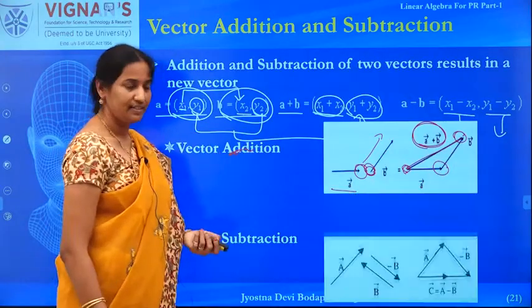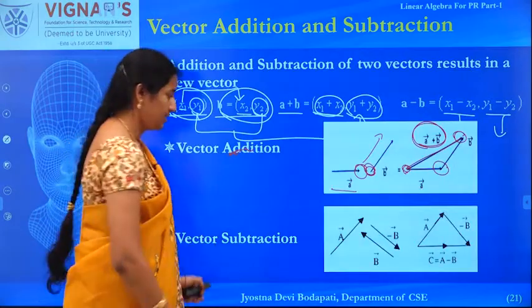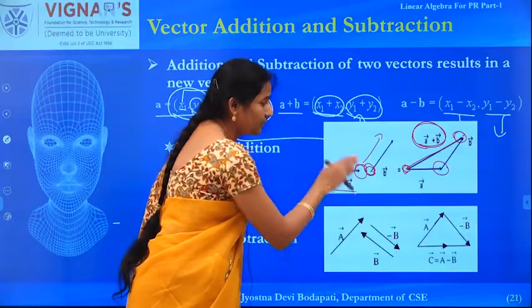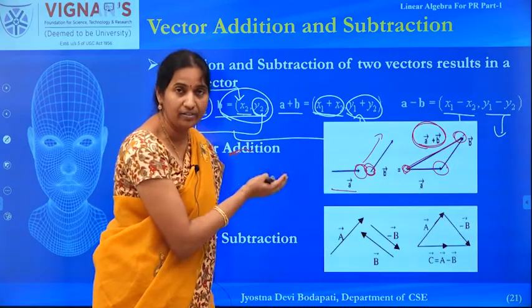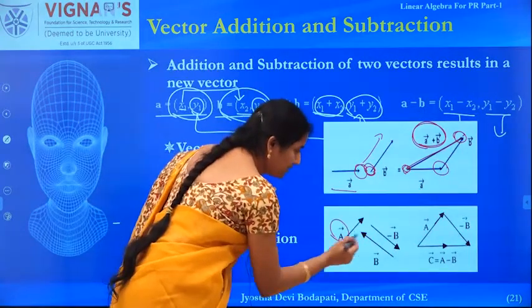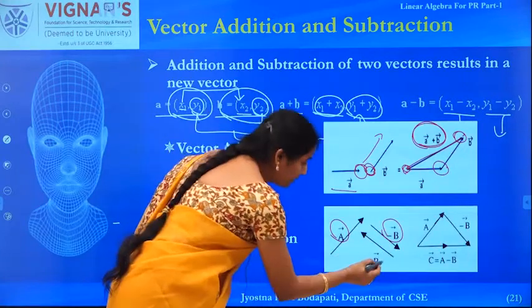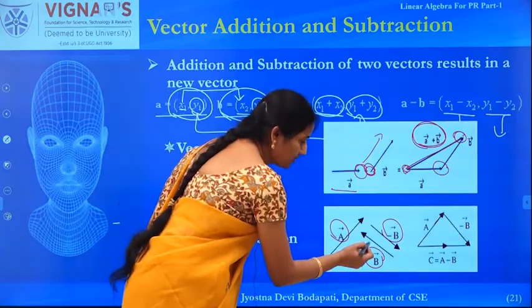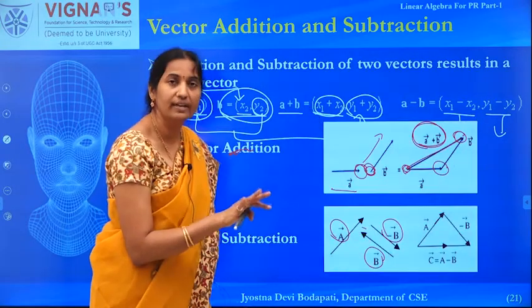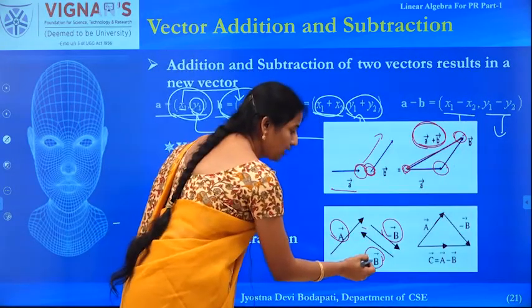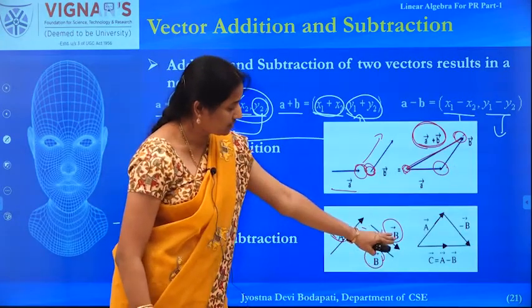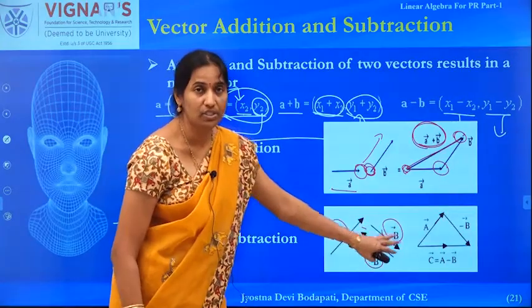And now consider the subtraction of the two vectors. Here I am going to subtract A and B. So, simply I can convert that to the addition itself, right. After all, it is an addition of A and minus B, and if B is the given vector, how do I get minus B? It is just the same magnitude with a reverse direction. So, this is how B and minus B are represented. Given the vector B, you get minus B by changing its direction.